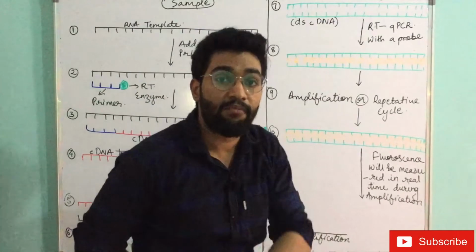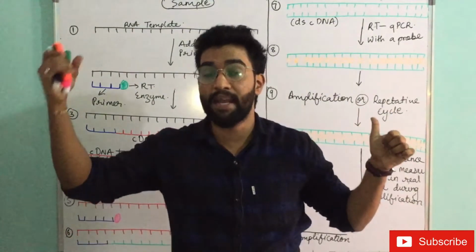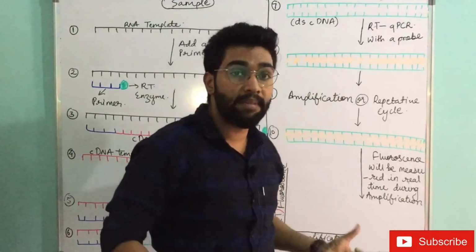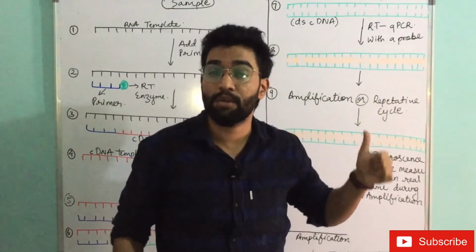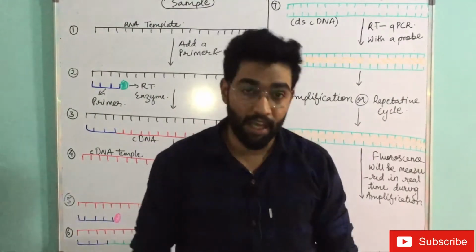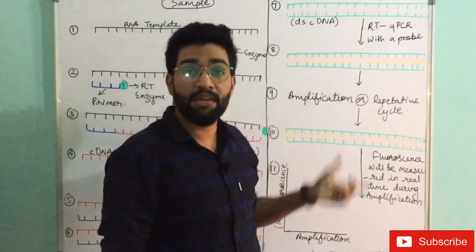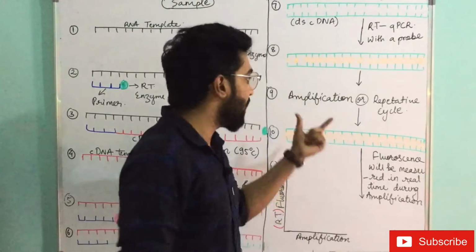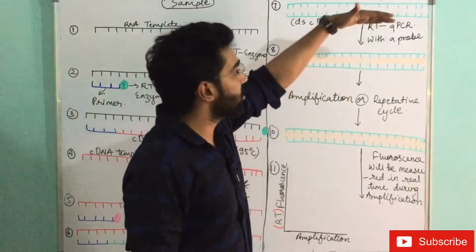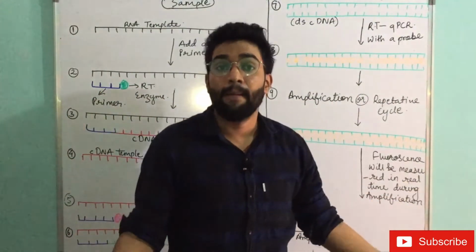Now if amplification takes place in this double-stranded complementary DNA obtained from the RNA of that sample, then it will confirm that yes, this double-stranded DNA consists of the sequence of coronavirus RNA. Please remember what I said: if this double-stranded complementary DNA consists of the sequence of coronavirus RNA, then only the amplification will take place. If the amplification takes place, this probe will emit fluorescence, it will release fluorescence, and to